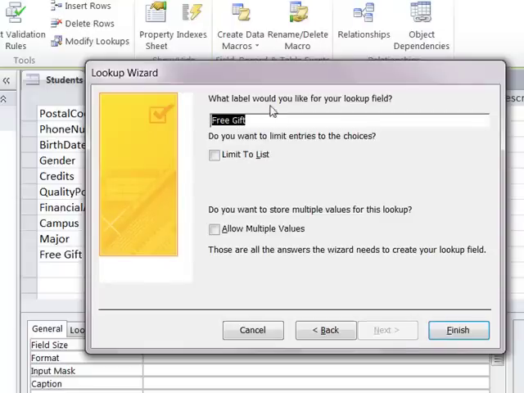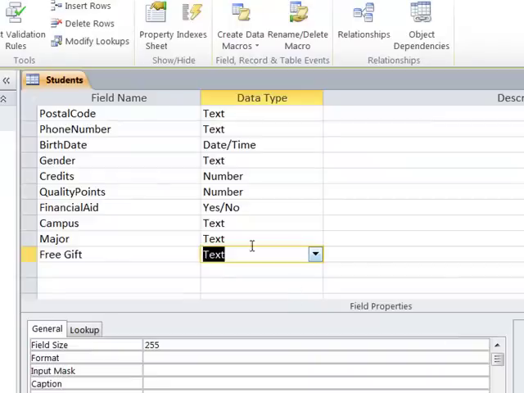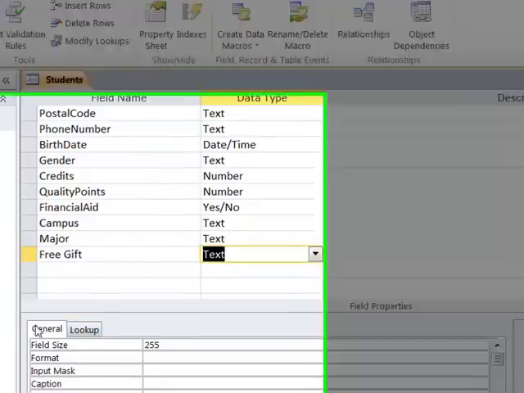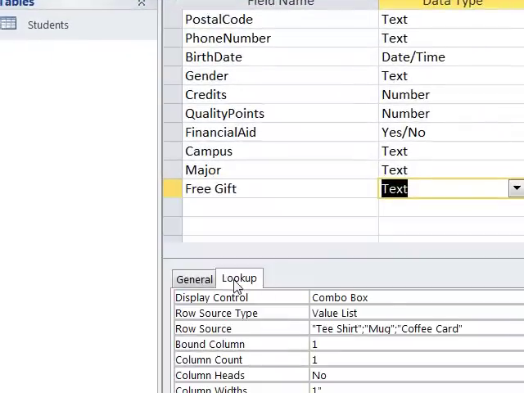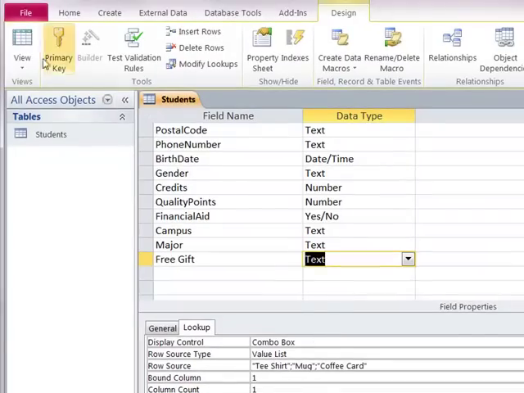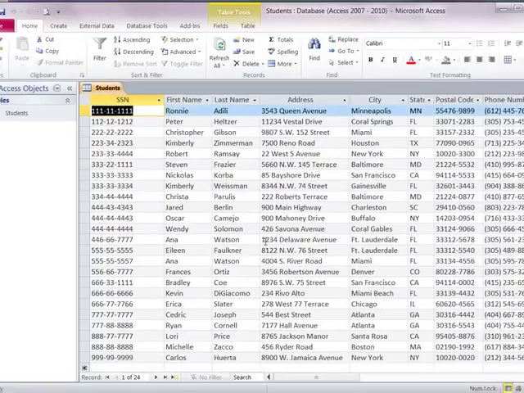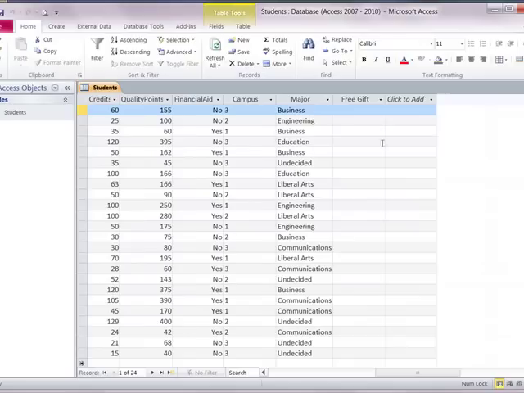And of course, I'm going to stick with free gift, and I'm going to choose finish. So as you can see here, it just looks like a regular text field. But if I go down and look at the properties, there's a lookup tab where I can see my choices: t-shirt, mug, and coffee. And when I go out to datasheet view, and I go to that column of data,